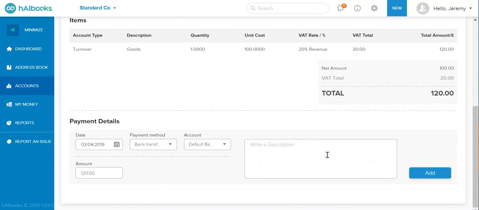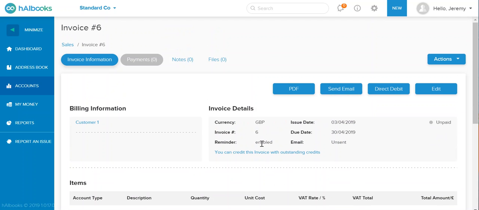We can also, at the bottom, add payment details. So if it was paid today, how it was paid, bank account is paid in the amount, and then we can write a description. Normally, if you're using the bank feeds, you won't want to use this feature because you would do that as part of the reconciliation, so adding the payment against the sales invoice. I'll then take us back to the payment screen,